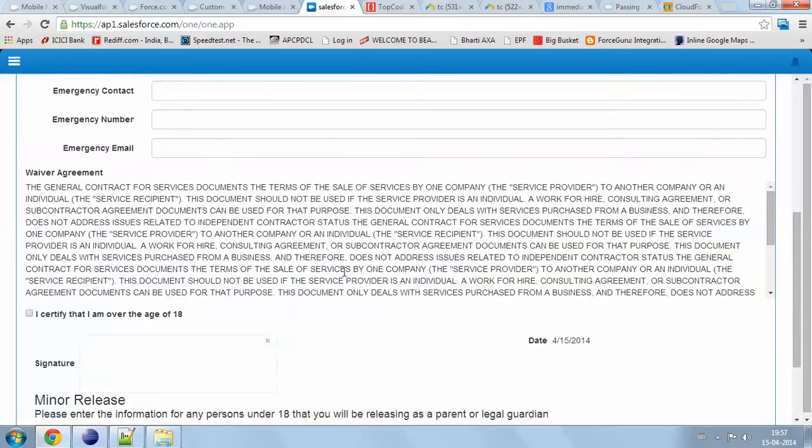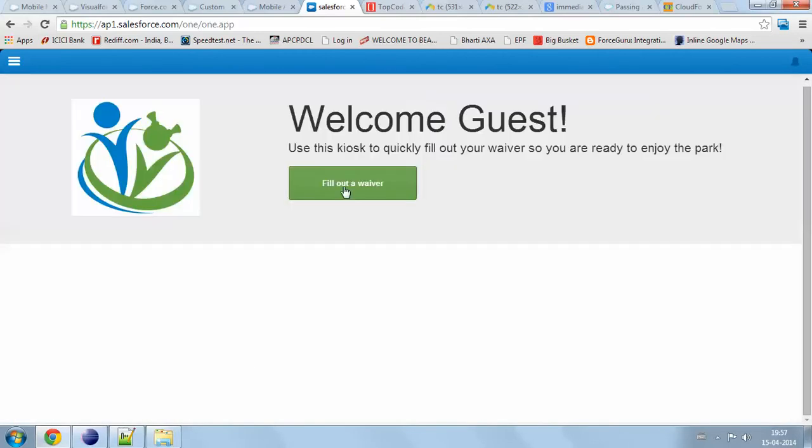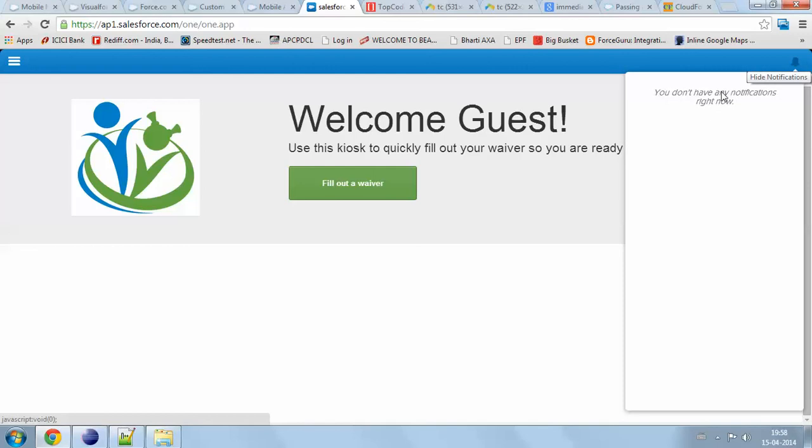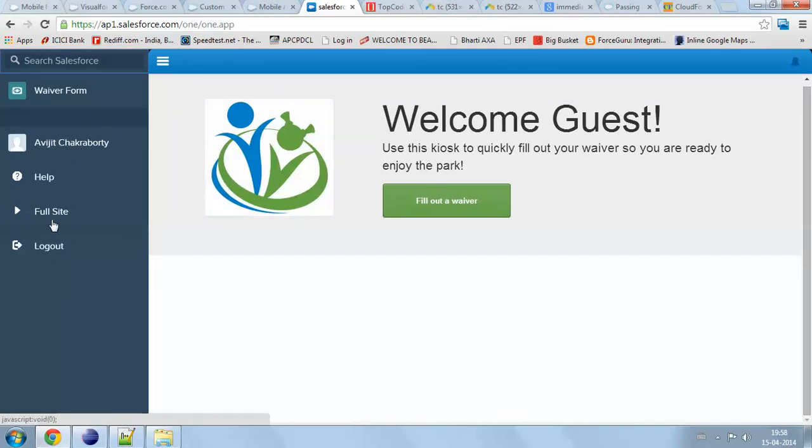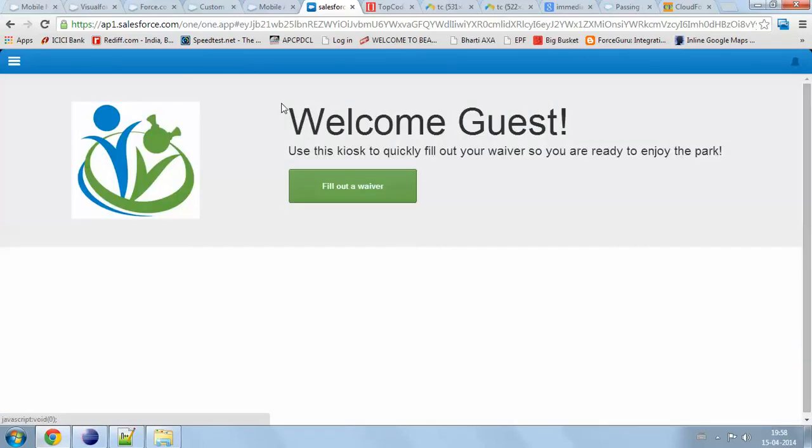If you click on this, there is another functionality. If you click on cancel, you go to the next one. This logo also comes from a static resource, so you need not worry. I have used Bootstrap to make it responsive. If you click on that, as it is Salesforce standard behavior, you will get lots of things here. If you click on the full site, you will go to the full site, and if you click on this, you will go to this application. I have not added anything here, but if you want, you can add as many tabs as you like.